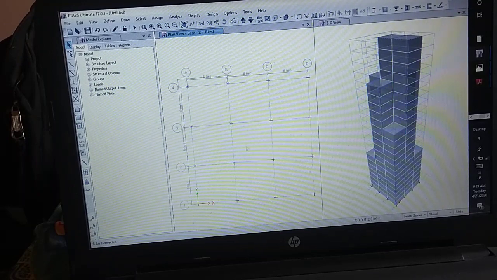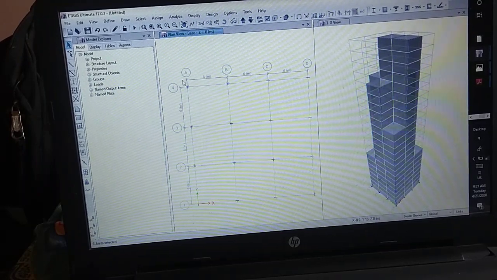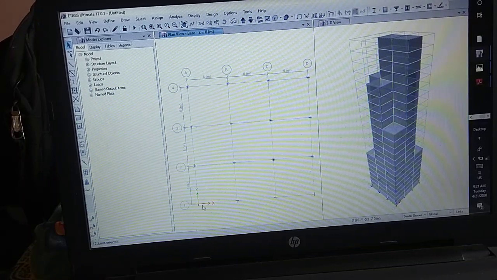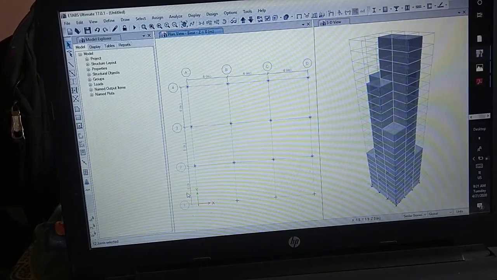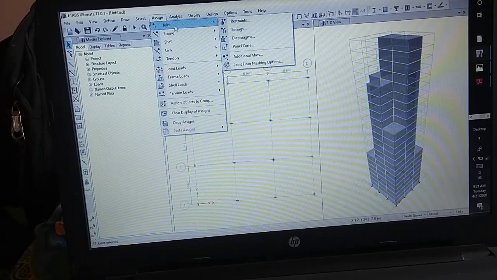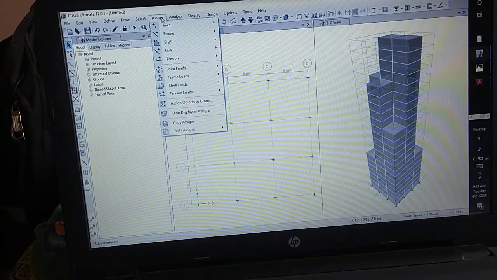So select the joints and Assign Joint Restraint.